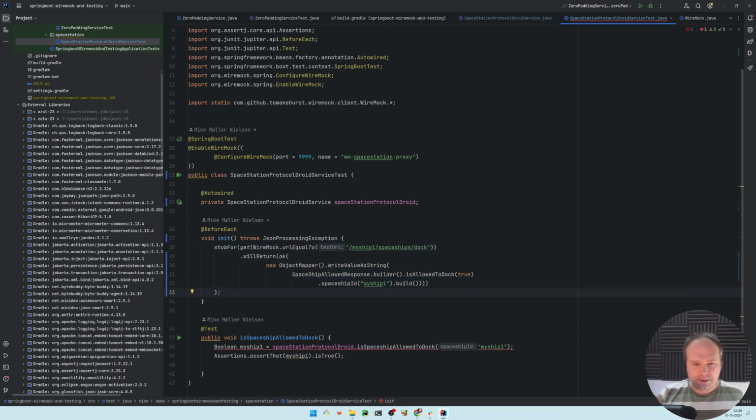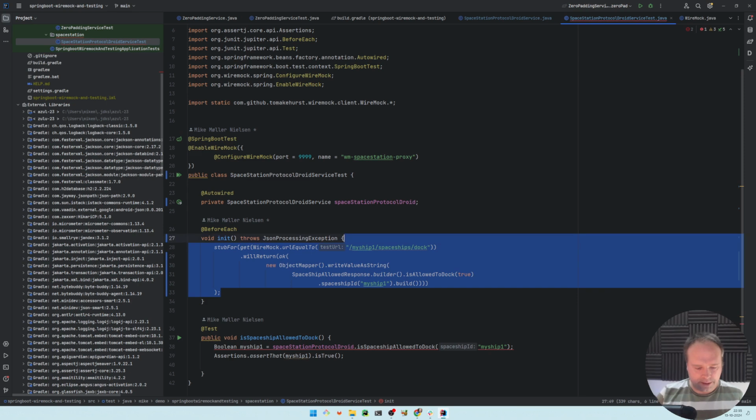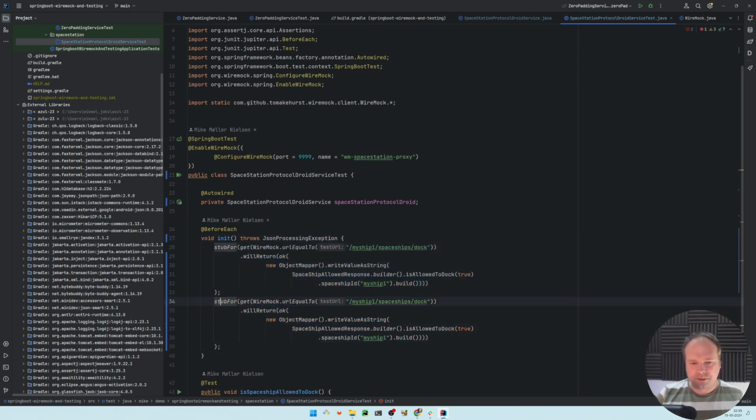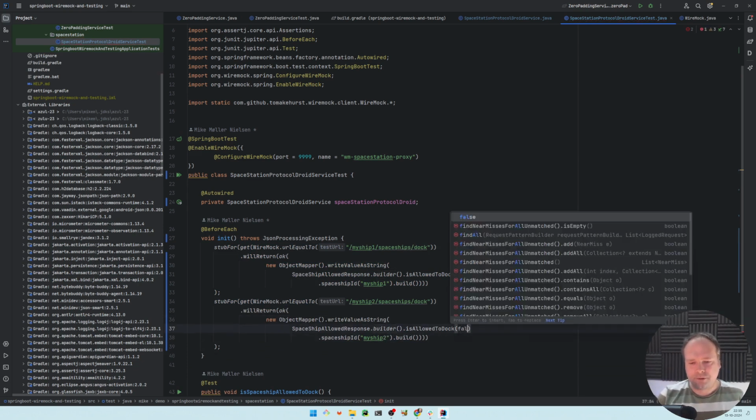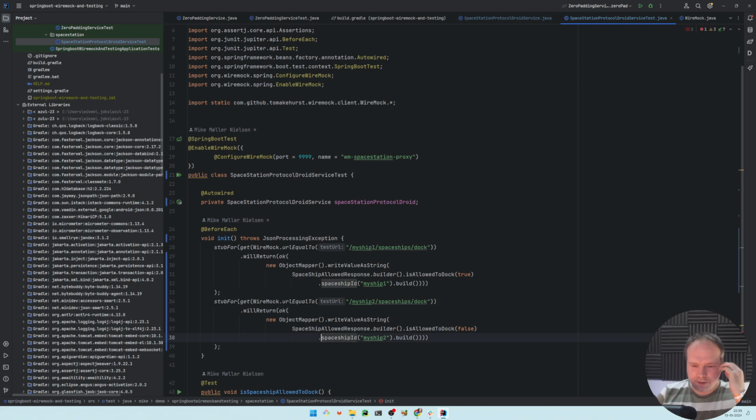What about another stub? Can we create two stubs, Mike? Yes, we can create multiple stubs if we want to. So that means if we say myship2 right here, then we should not be allowed, false. We could also say that we want to test the error scenarios, but for now we are just saying OK. As you can see right there, we chose OK